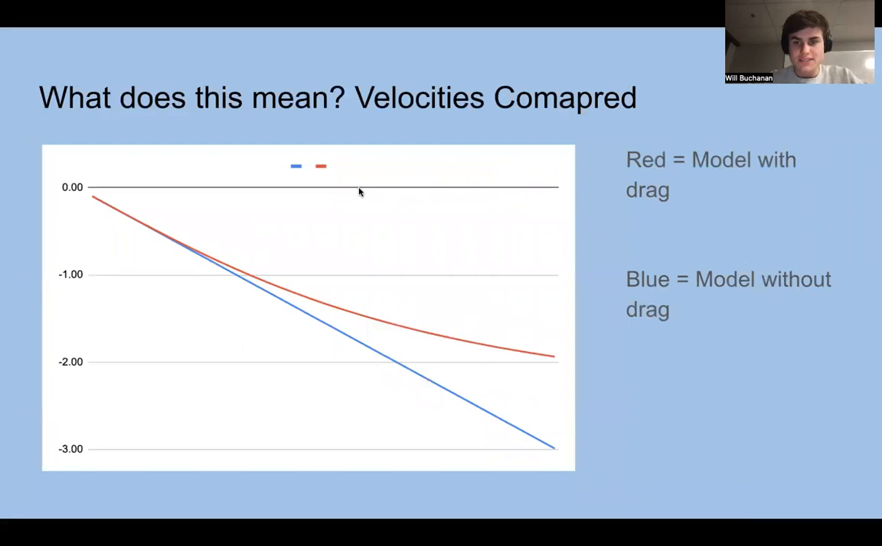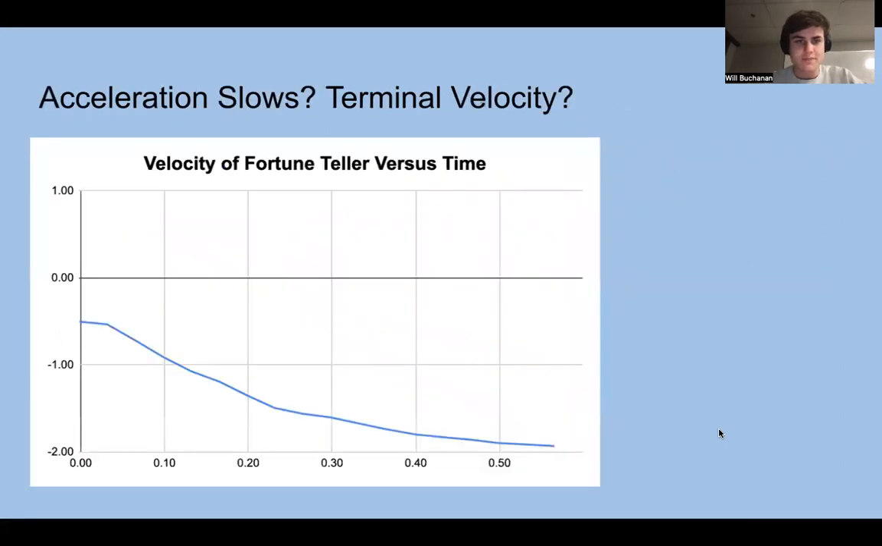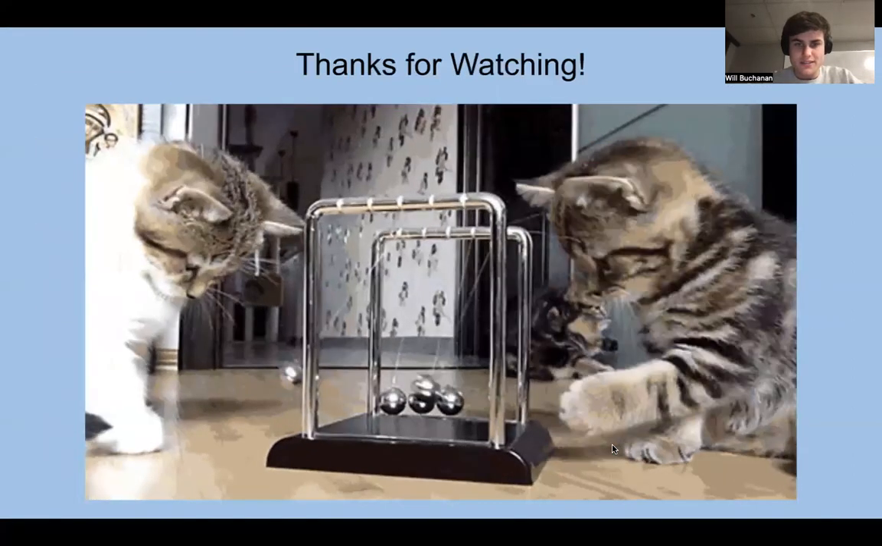And when we compare velocities, we notice that the velocity of the model with drag begins to flatten out, whereas the blue one maintains a constant velocity. And in the real model, or the experimental model, the fortune teller, the velocity flattens out here too. So what is going on there? And that is actually because